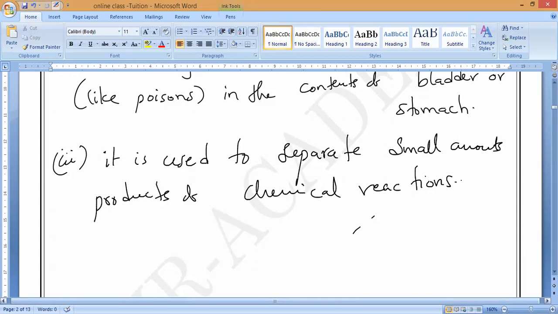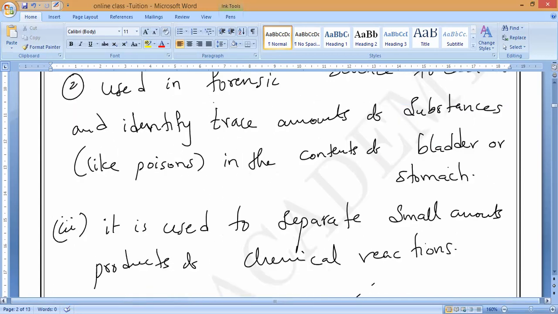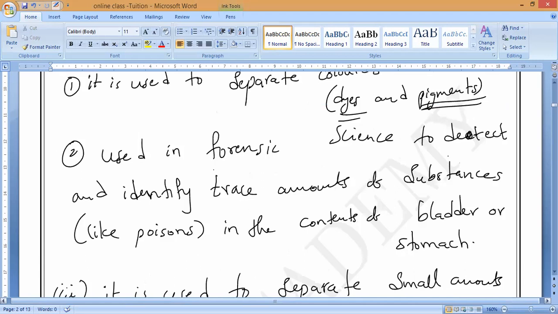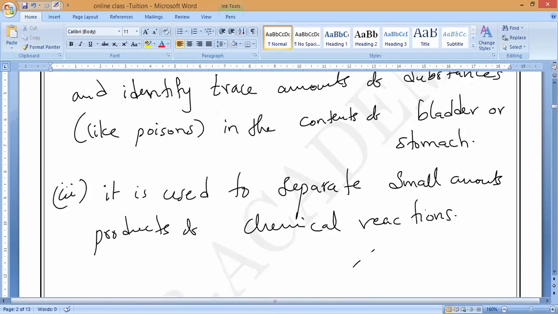So these are the three applications of chromatography. Please remember, in MCQs they will ask you this. So this is all about chromatography. Any doubt? Sir, one second, scroll down, you can write. Is it okay? Completed, finished, sir. Now, let me ask you one question. We have already studied this.